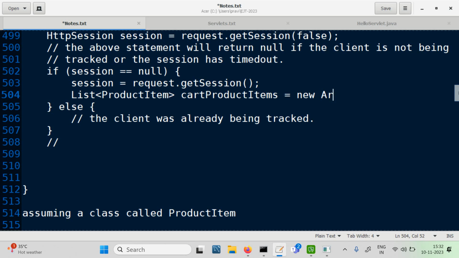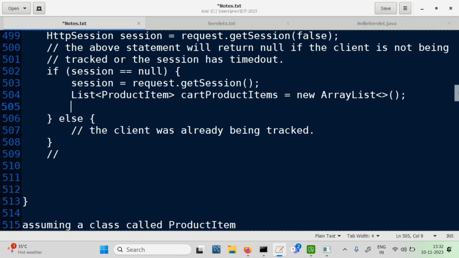equals new. So you created a list, but what do we do with the list? How do we link it to the client? We need to link it to the session, right? So we'll just say session dot add attribute, session dot add attribute cart, product. So once you have added it in the session as an attribute, the same session object,